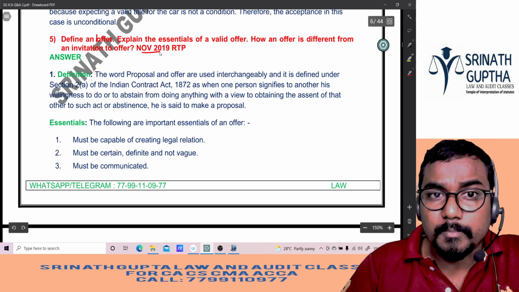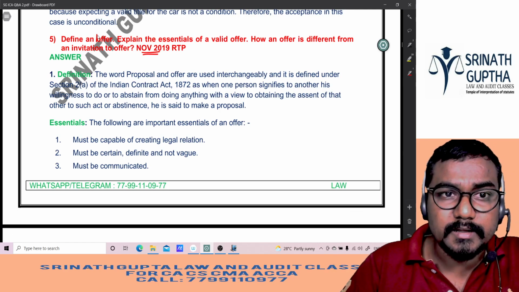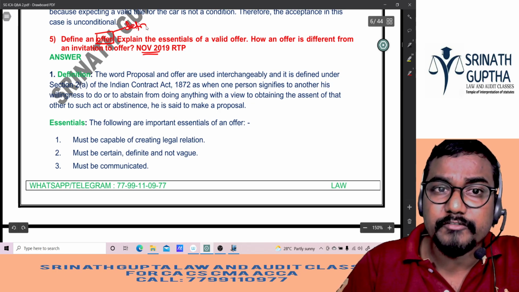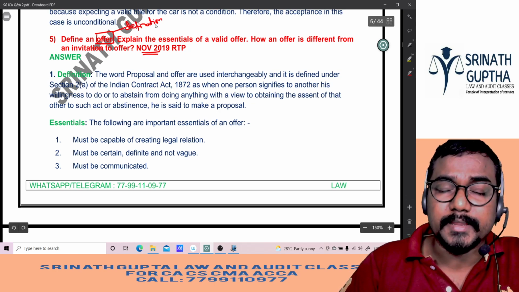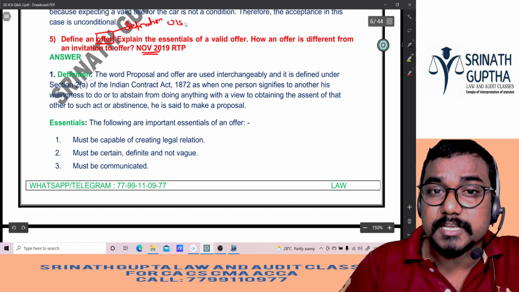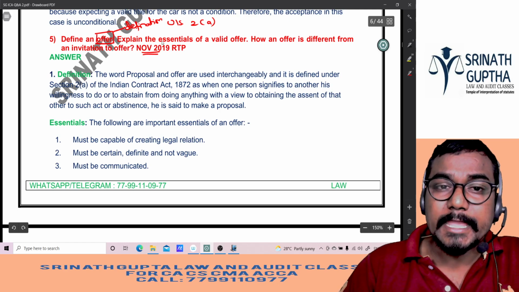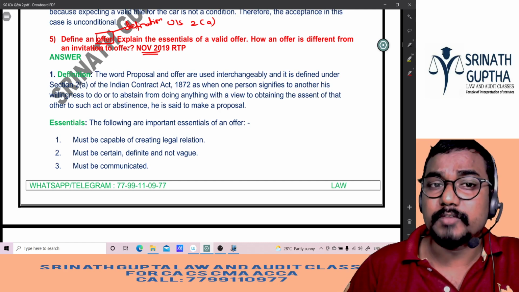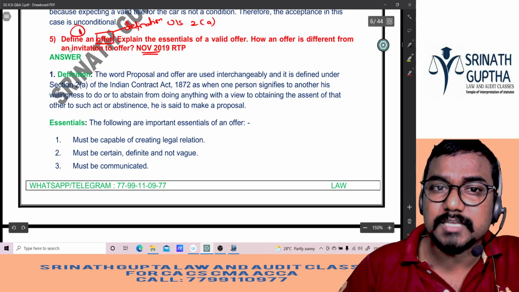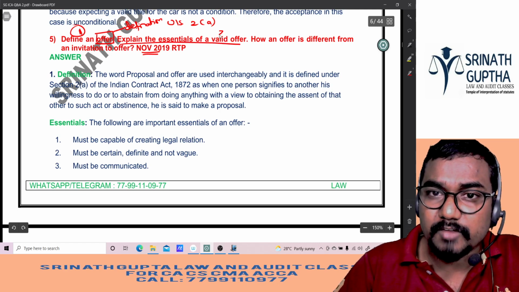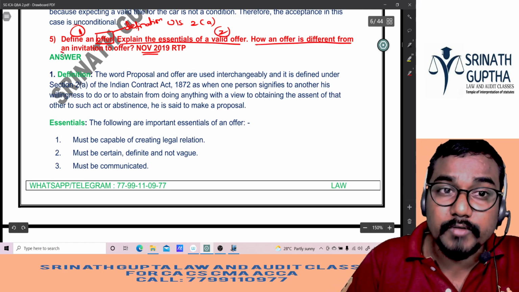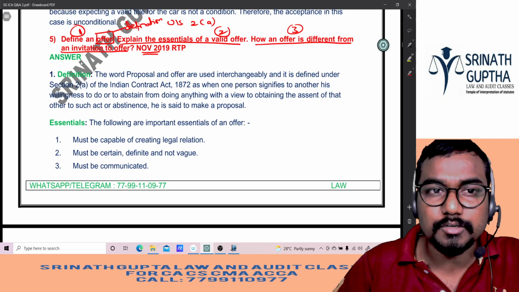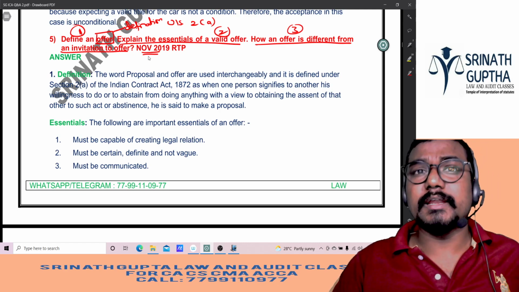Define the offer. November 19 question beta. Define the term offer. Explain the definition here, we have to write beta. Definition, not the meaning. If you read the meaning, you will not get the marks. Definition under section 2a we have to write here. And explain the essentials of a valid offer and how an offer is different from the invitation to offer. If you observe, 3 questions are there. Question number 1, what is offer? Question number 2, essentials of a valid offer. Question number 3, how the offer is different from invitation to offer. If you read any 2, you will not get the marks. So if he has given 6 marks, each question you will get only 2 marks beta.